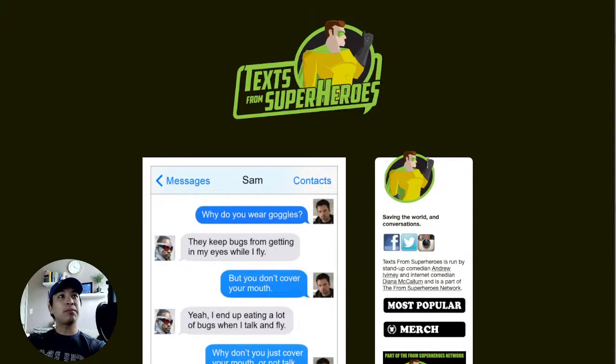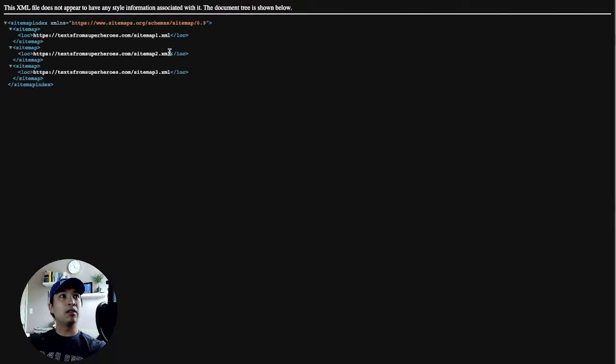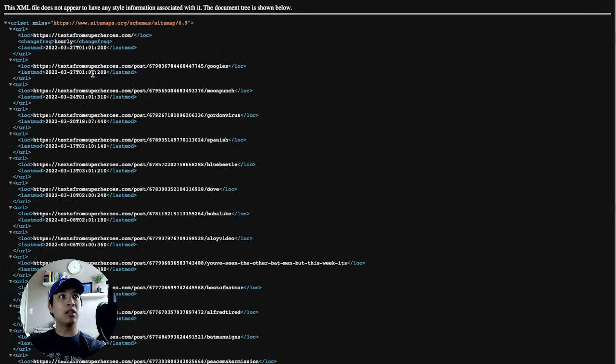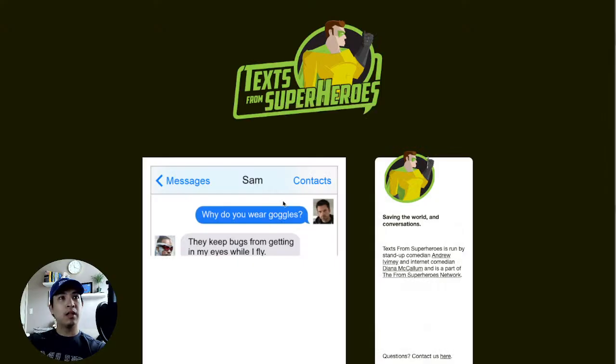But anyhow, what this website also has is a /sitemaps.xml file that we can use, and there are a couple of different ones here. So we're going to go over to sitemap1.xml, and that brings us to essentially the same thing Google would be crawling on this website. We're going to gather the latest post that they put in. This one is called goggles, and if we go to that URL, that's going to give us the most recent one, which we were just looking at,